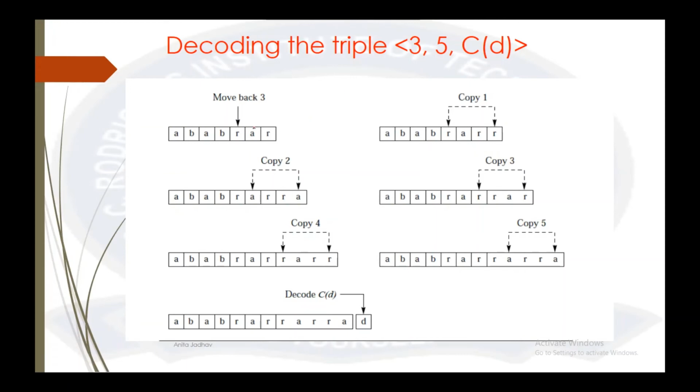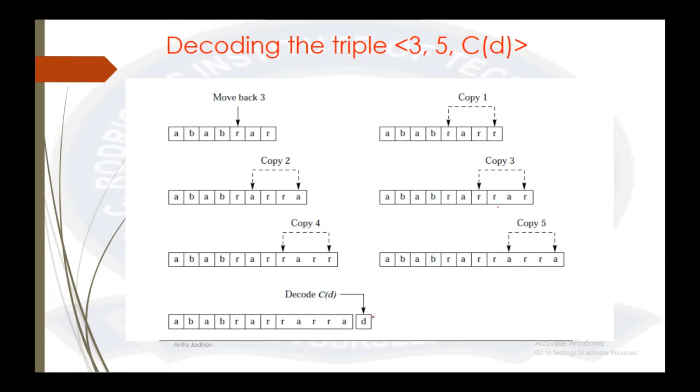So you write here 1, 2, 3. And you have to write 5 letters next. So you have written A because you have written R. Then you have written A. Then you have written R. And you have the 4th letter here again, so that will be copied. Then you have copied the 5th letter. And then you will write the code. This is the way your decoding happens.